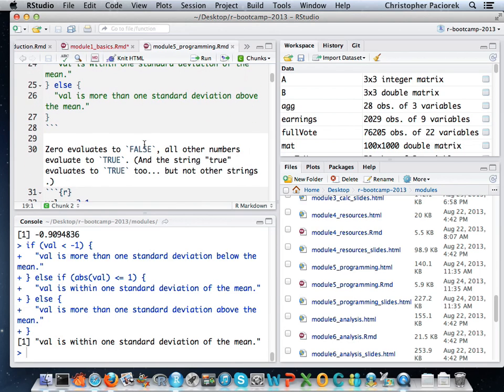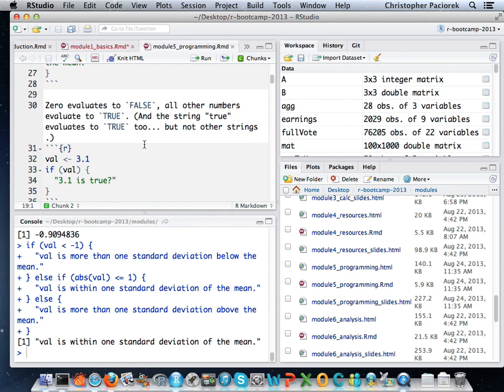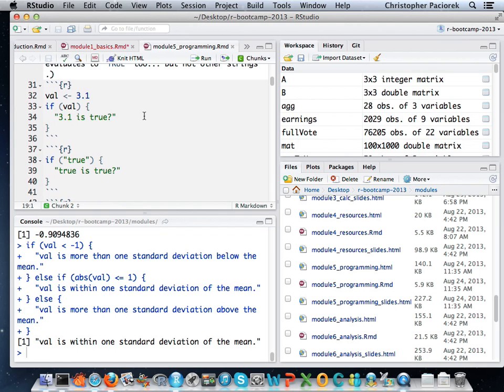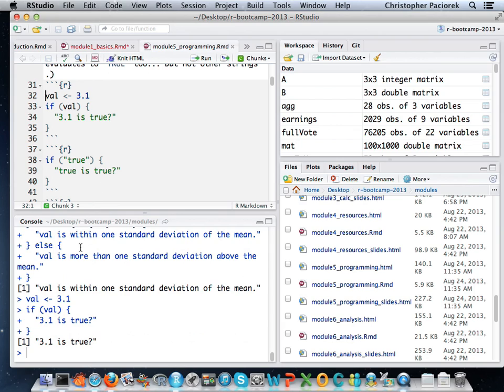All right, if-else statements. And then another thing that Chris has talked about is this question of what is true or false. He talked a lot about how a number which is not 0 is always true. So we would see that if we ran this little block of code here, we would see that indeed 3.1 is interpreted as true. You can use that if you want to do all these tricks that Chris was doing, although using numerics as true or false values is not usually super useful.